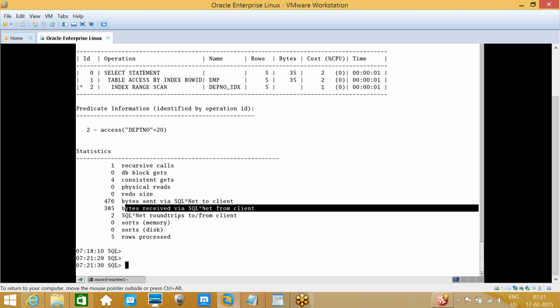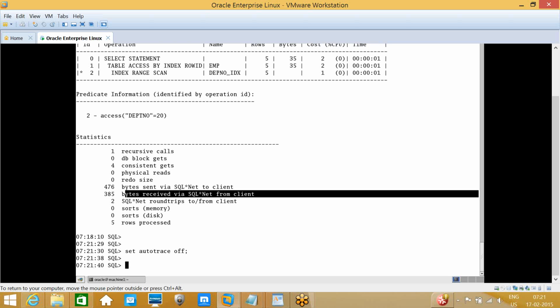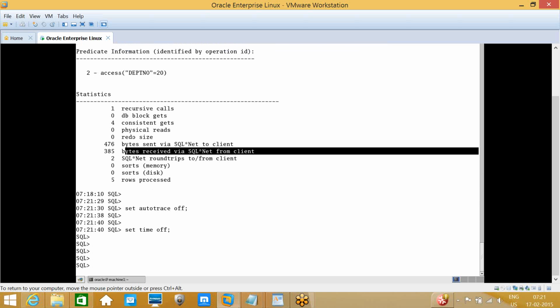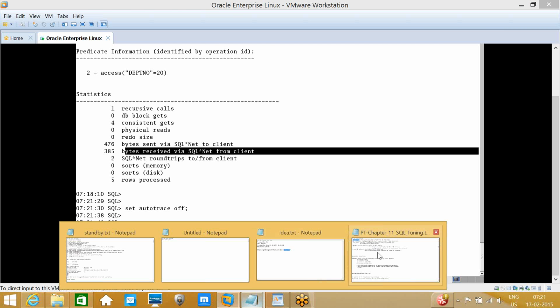In order to switch off the autotracing, set autotrace off. Okay. Set time off. Okay, now we came back. So now I want to generate the trace file for my operations which I am running in the SQL prompt. In order to enable tracing, we have a